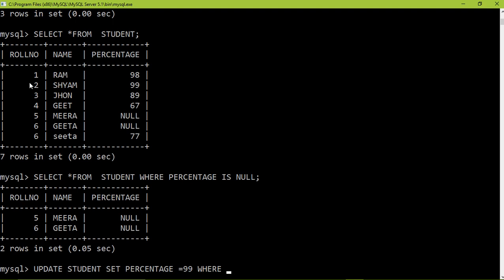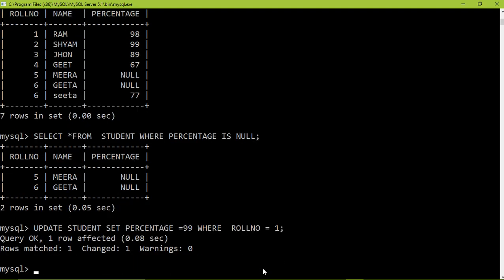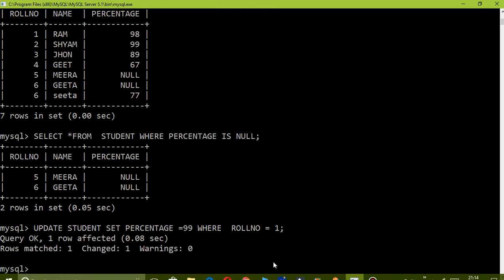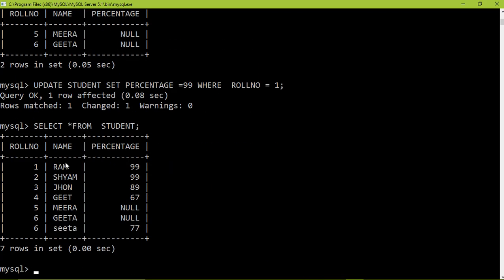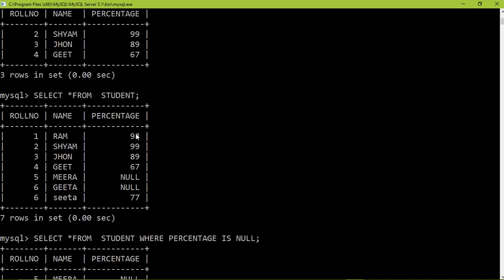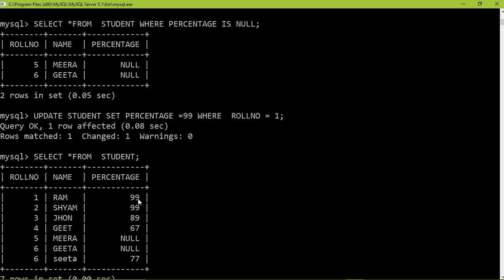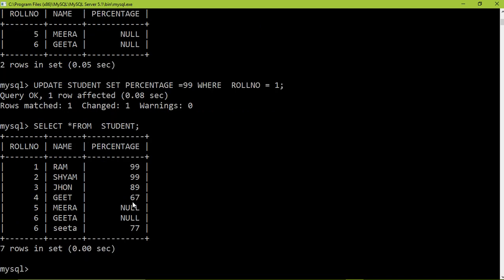Of Ram. Either you tell roll number where roll number is equal to 1, or you say name is equal to Ram. So I'm writing roll number is equal to 1. At the end we'll put a semicolon. Fine, so this has been accepted, one row has been affected. Let us check it. See, earlier Ram's percentage was 98, now it has been increased by 1, it is 99 now.